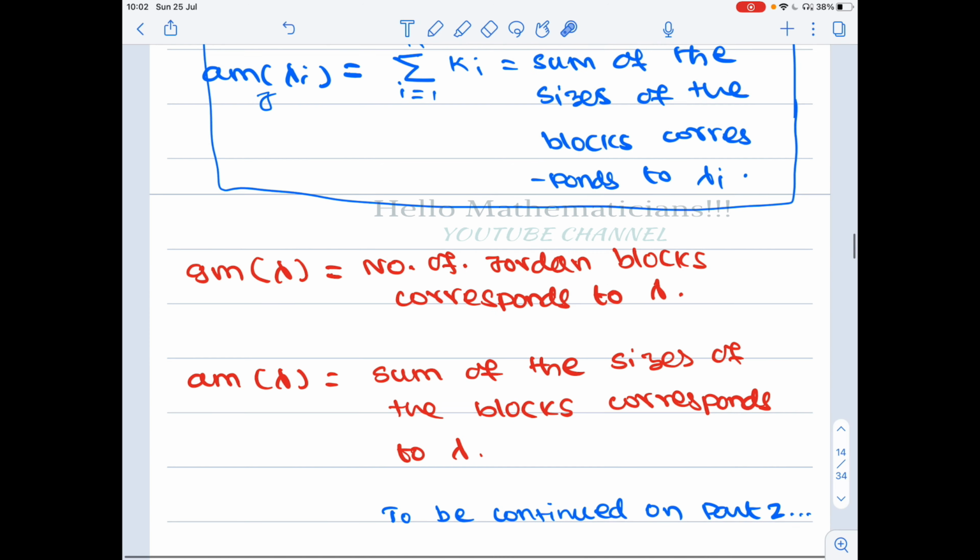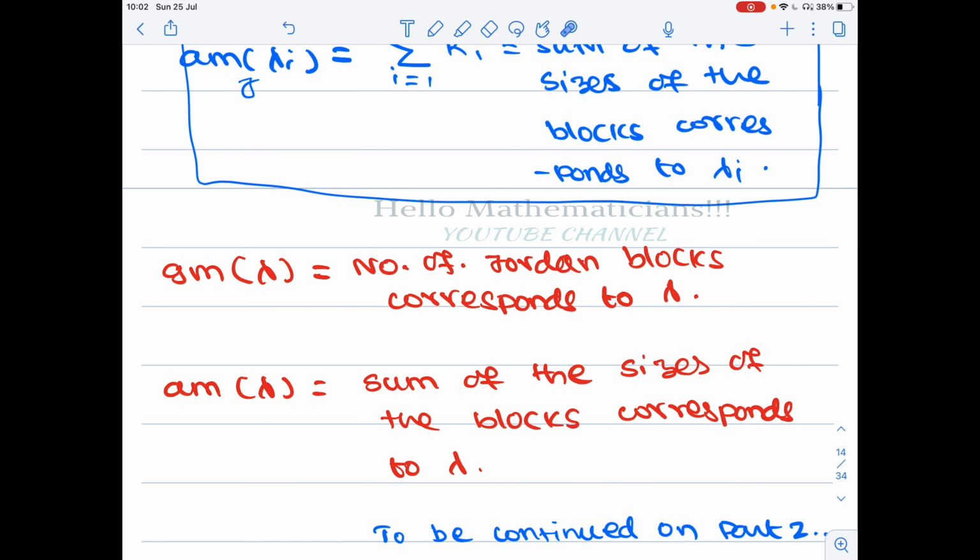So far, what we did is understand the Jordan matrices. We know what their eigenvalues are. Jordan matrices are upper triangular matrices, therefore the diagonal entries are the eigenvalues, and for each eigenvalue we know how to calculate its algebraic multiplicity and geometric multiplicity. You have to choose the suitable glass. If it is the ith eigenvalue, you take the glass corresponding to the ith eigenvalue, wear it, and then you can see only the blocks corresponding to this eigenvalue, and you know what to do further.